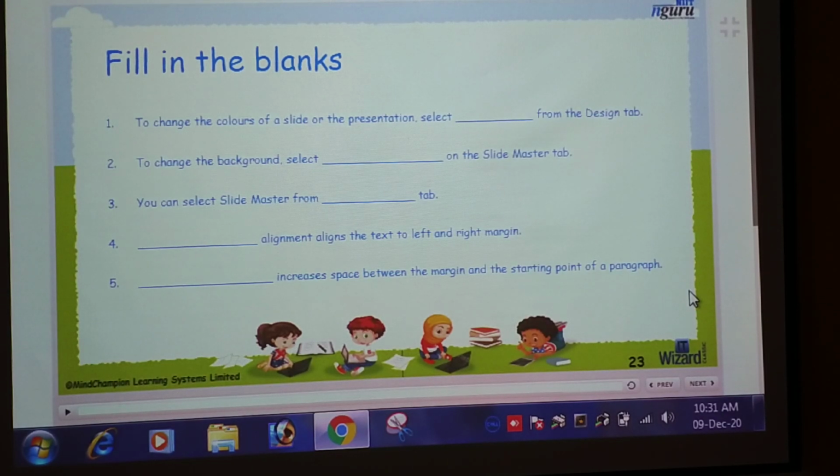So, okay students, today I discussed in PowerPoint what PowerPoint is and the different types of presentation views, font format, font style, and how to change color themes of slides.